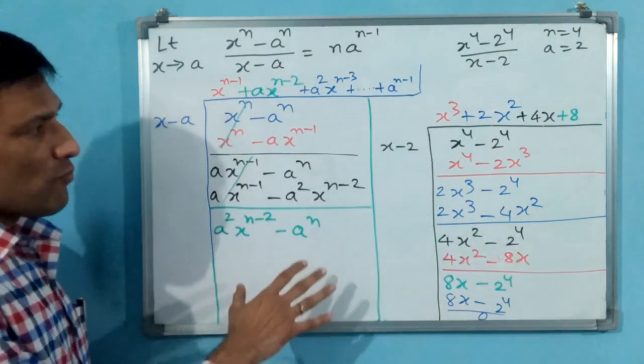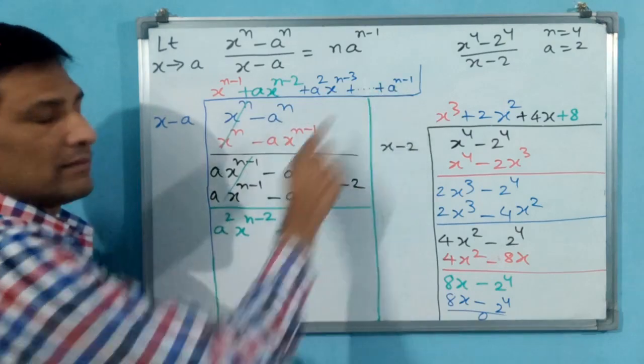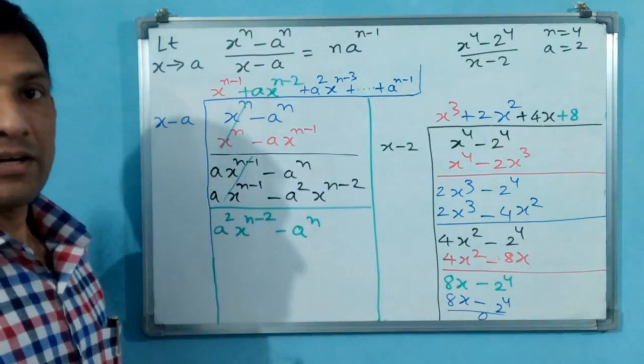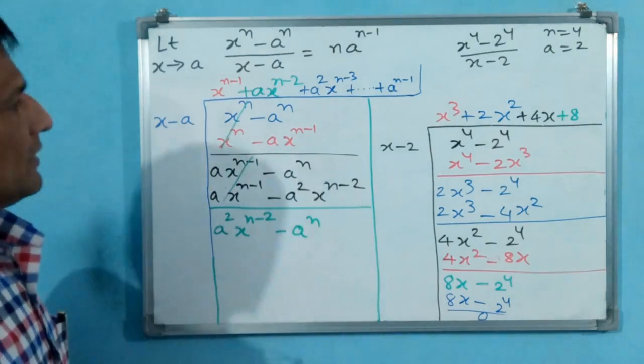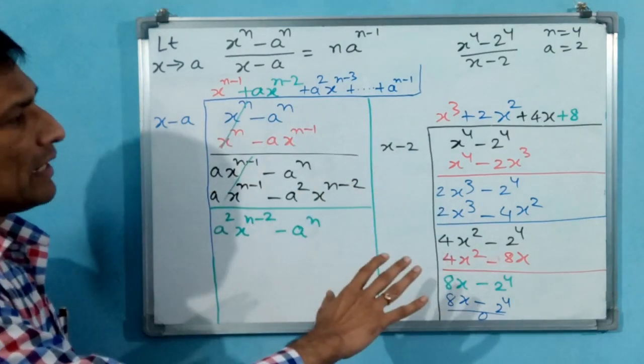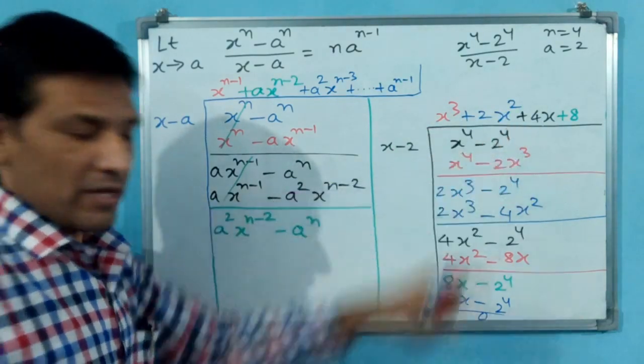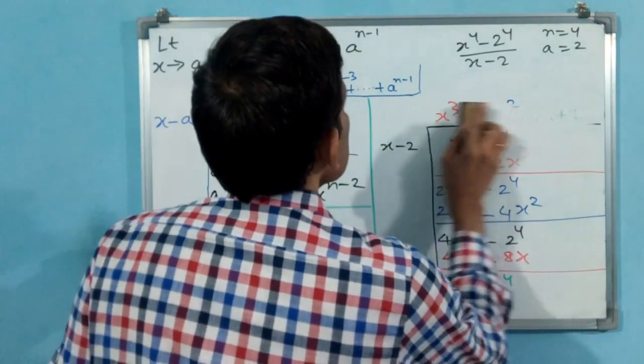Why? Because I am going to remove this. Because I want to keep only this one. With this only I am going to derive this value. You understand now? Okay. Let us do it. I am removing all the remaining. Number of terms also you must have seen, 4 terms have come. All is okay. Now I am removing this.